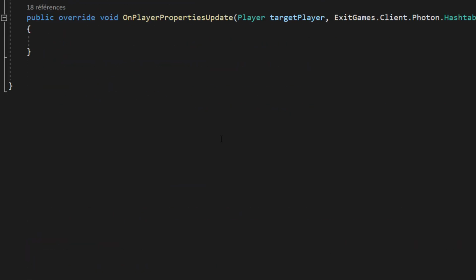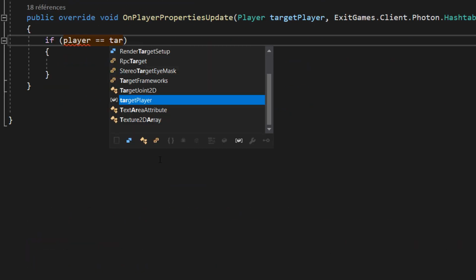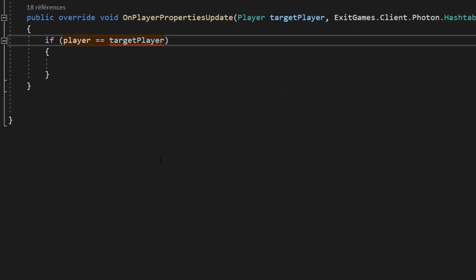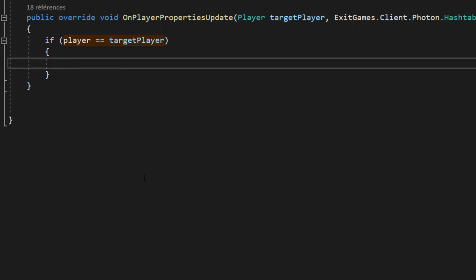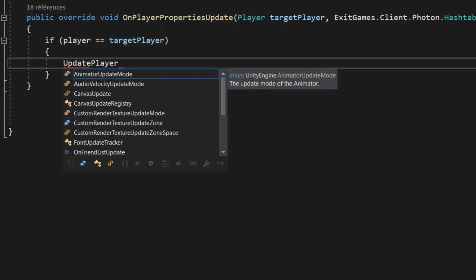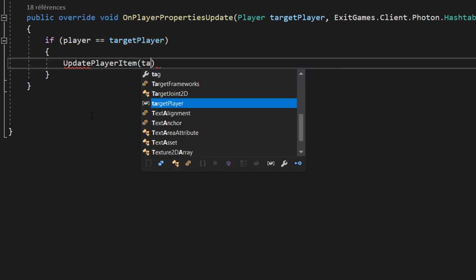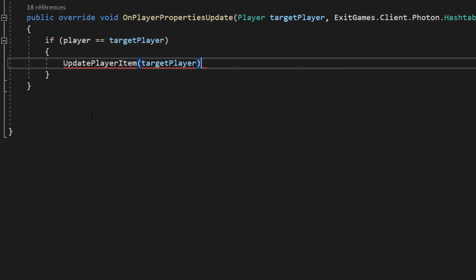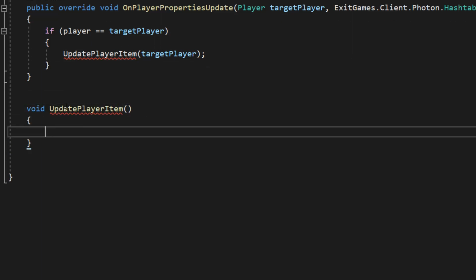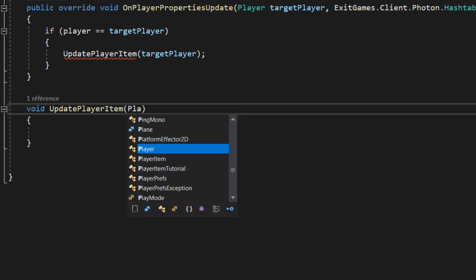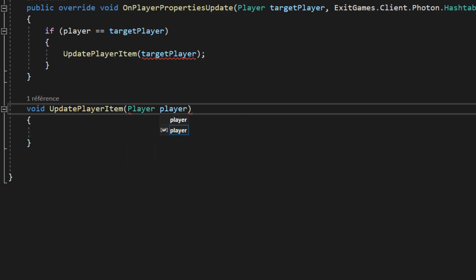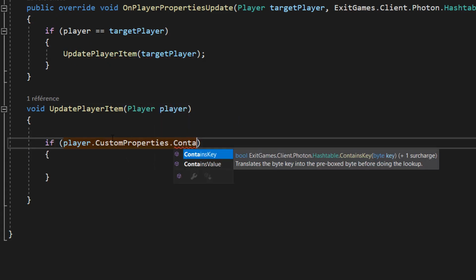Now back to our callback function, we'll check if the target player is equal to this player item's player. We're doing this check since we only want to update the player avatar image for the player who modified his avatar. If it is, then we'll call a function called updatePlayerItem and we'll pass in our target player. Let's now create that updatePlayerItem function and it will take in as a parameter a player variable called player. In here, we'll check with an if statement if